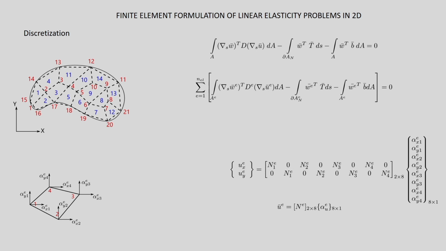Alright, so once we have derived the weak form, the next task is to discretize the domain and represent the field variable, in this case the displacement, as a linear combination of the piecewise polynomials. Okay. So, here I have discretized the domain, the firm line denotes the actual domain and the dashed line denotes the discretized domain. So, as you can see, here we have discretized the domain with quadrilateral elements.